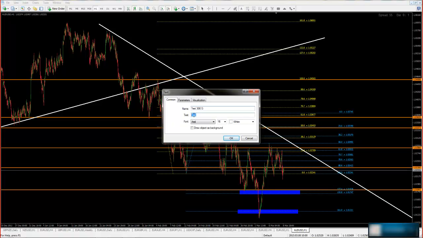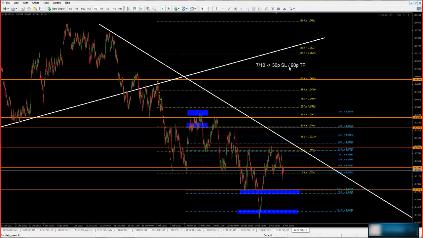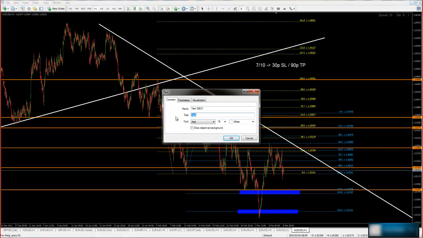If you will have here 7 from 10 trades in profit, by considering something like 30 pips as your stop loss and 90 pips as your take profit, if you will modify it like we did here, you will have 8 possible from 10 positions, but